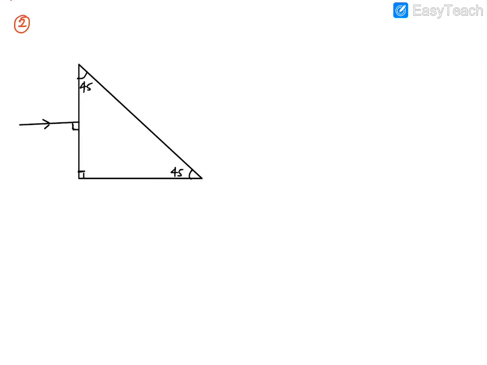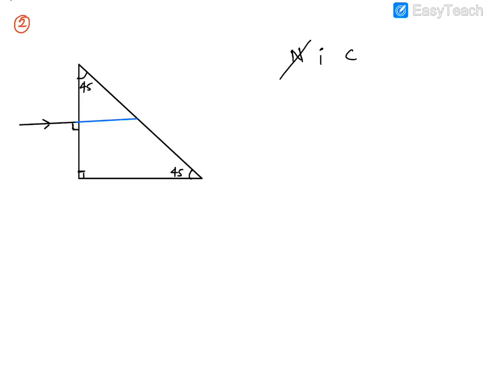Okay guys, let's start drawing this diagram. If you want, you can try on your own first. You can pause the video, draw it yourself, and then check. So see, first when the light ray is falling normally, as we know, it will keep going straight. There will be no refraction at all. Correct? Now again what will we follow guys? NICE, as I told you earlier. NICE means what? First we are going to draw the normal. So let's draw the normal first.